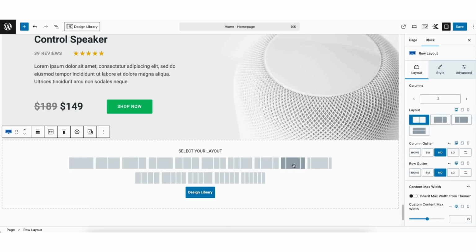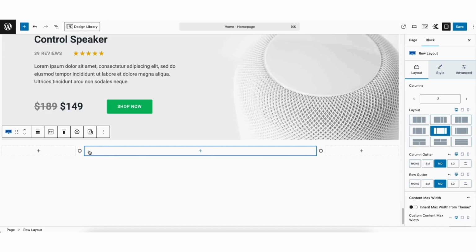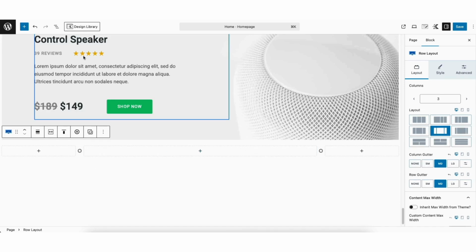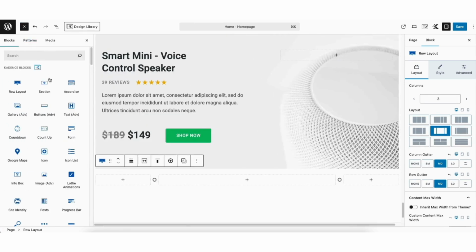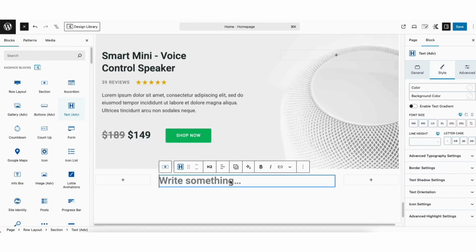I'll select this one for this tutorial. You'll now see these sections added here. If you click the plus icon up at the top left, you can then add something into the section to begin creating that section. If you want to add a section that's already pre-built with some templates, you can click